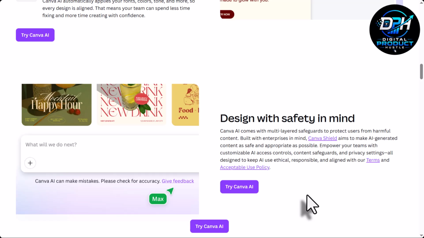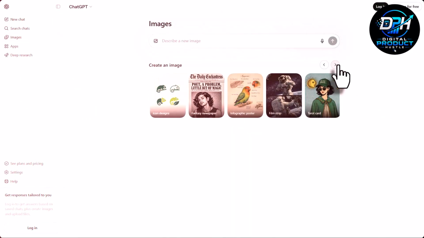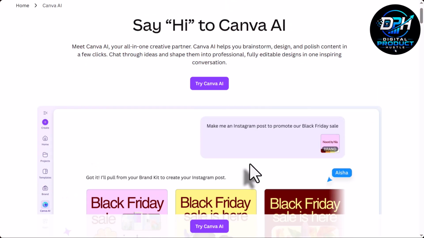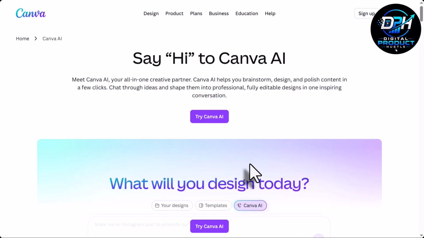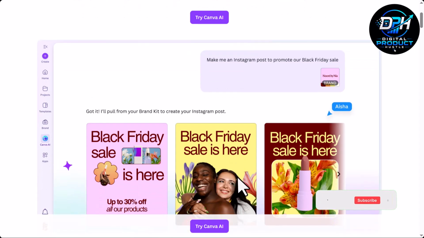So here's the simple breakdown. ChatGPT Image: fast and beginner-friendly. Leonardo AI: high-quality professional visuals. Canva AI: best for turning images into sellable digital products. If you're building a digital product business, these 3 tools can literally save you hours of design work and help you create